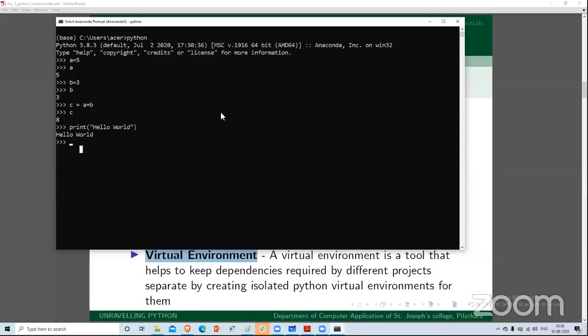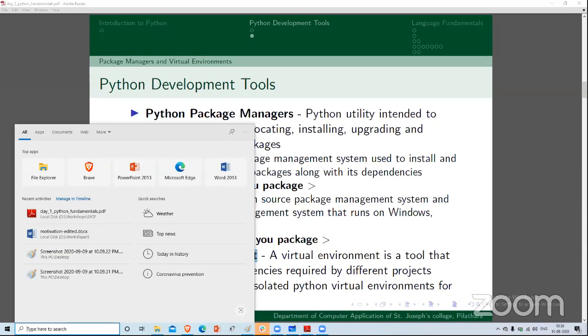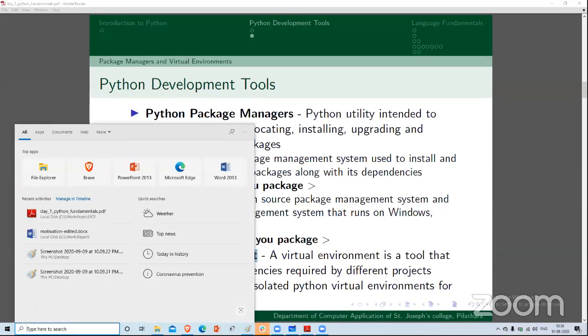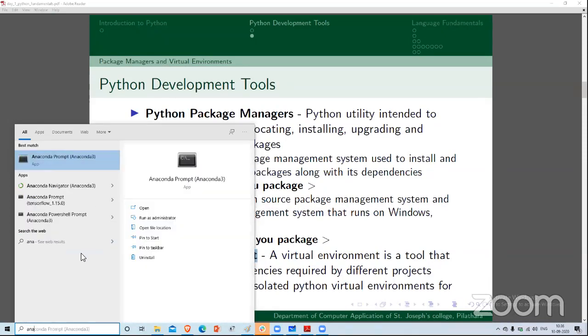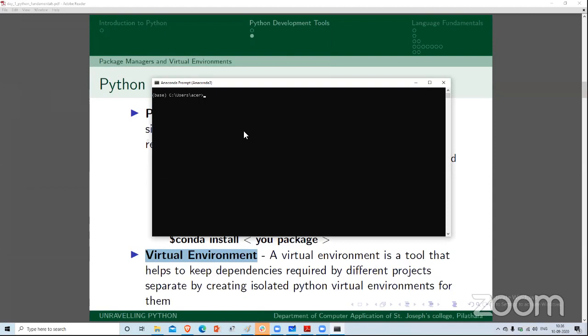So I recommend you use some other applications. There are two different options. The first one: you can simply use an application called Spyder.